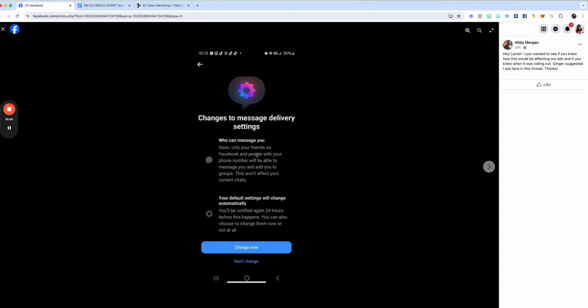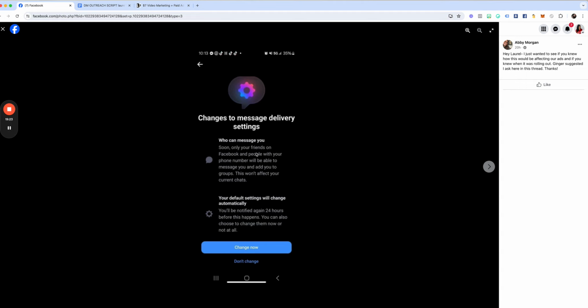My main question here, and I'm gonna ask someone else about this, is we already have that other folder. So does this mean they're going to appear in that other folder or not appear at all in our messenger? That would be my main question. And I'm going to ask a couple of my Facebook